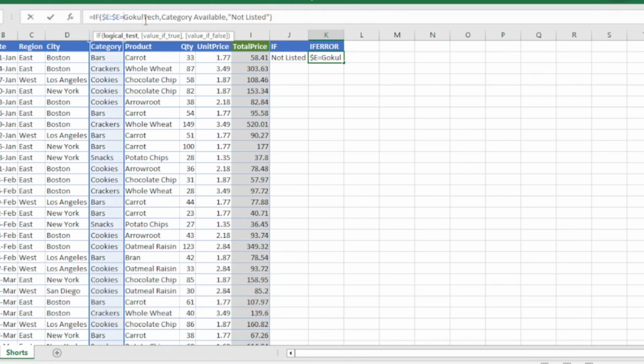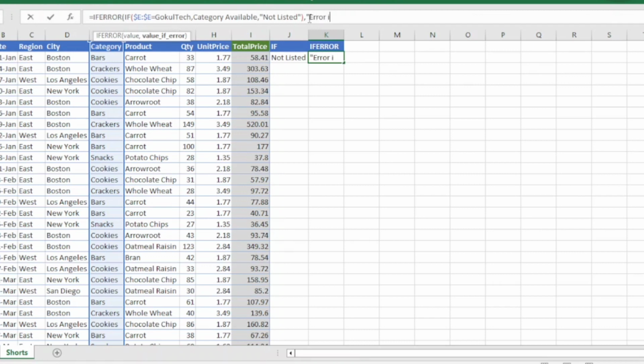Ideally we know that strings are always in the format of double quotes, but I am removing them. So we got the name error. How do we overcome this name error? What I'm going to do is give an IFERROR condition over here. Go to the end, which means in IFERROR my complete formula expression should get listed, and then if my value is error, then it should say me